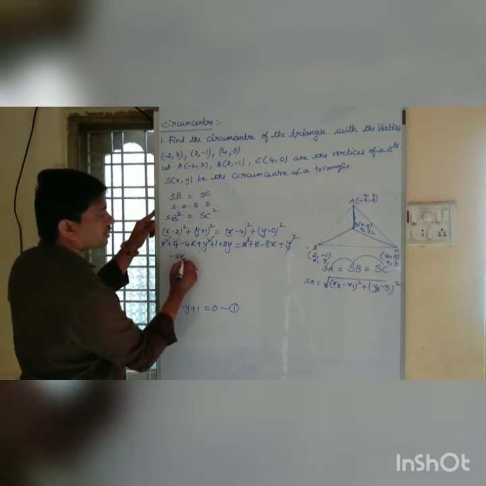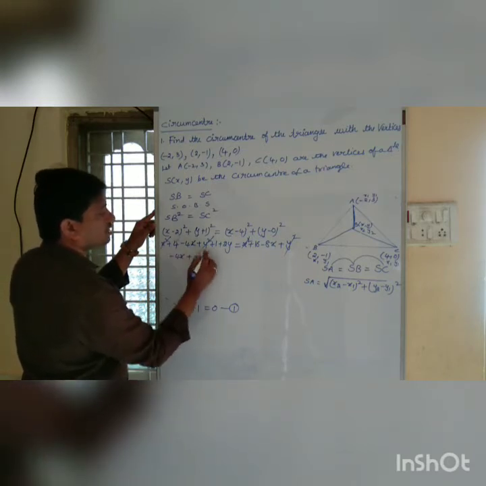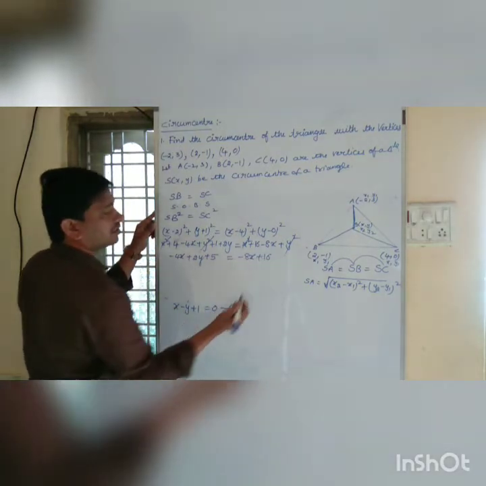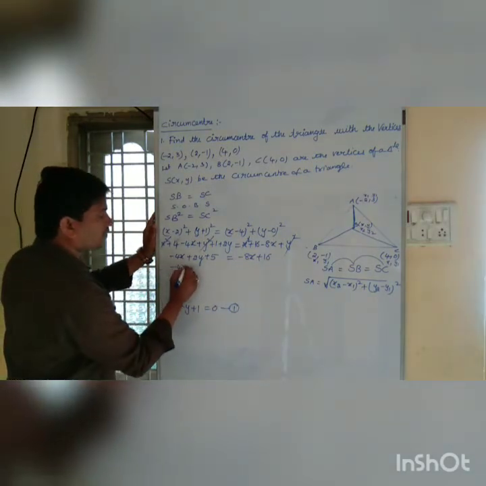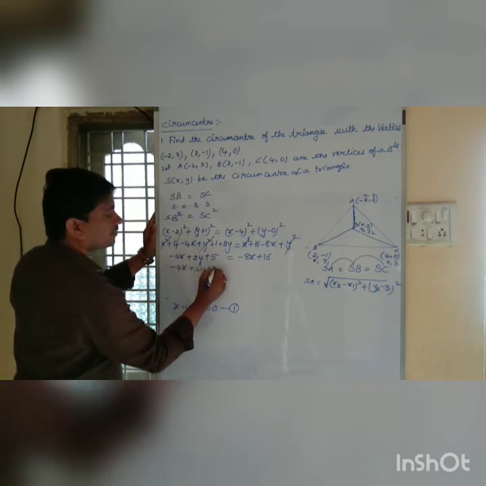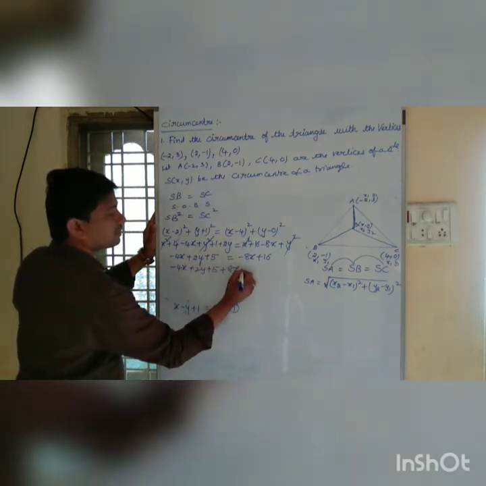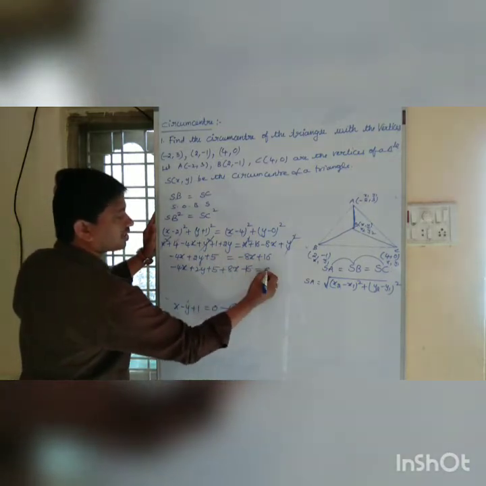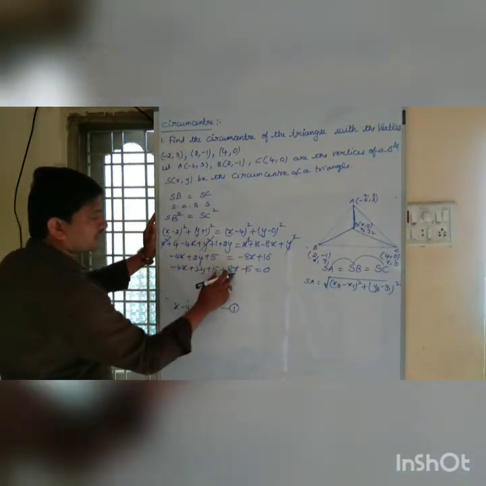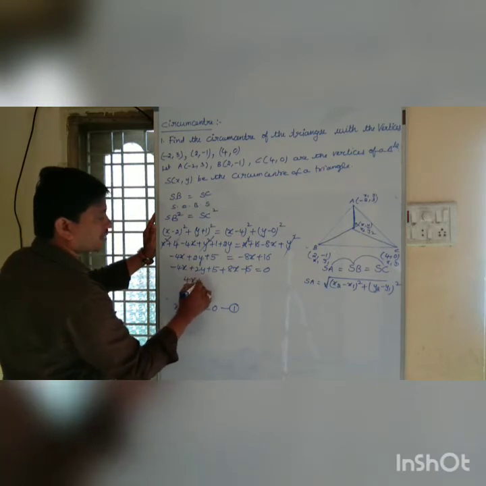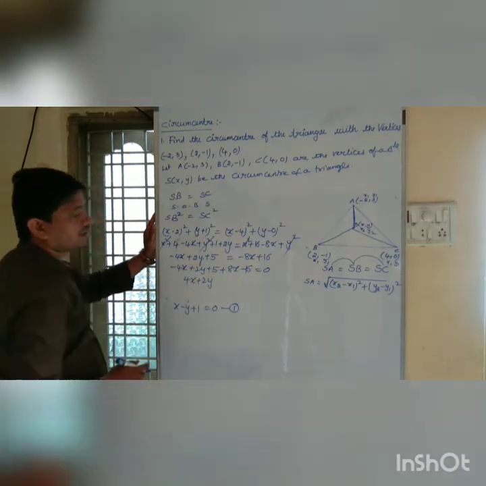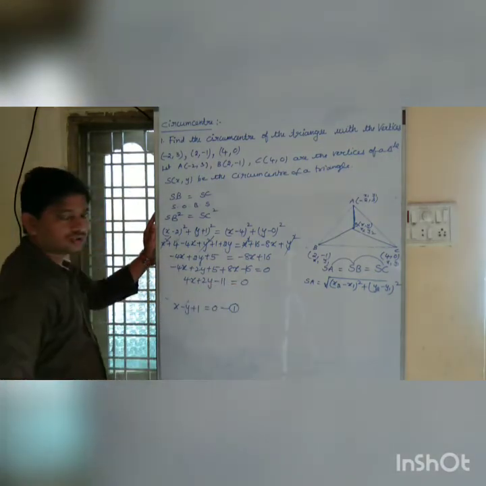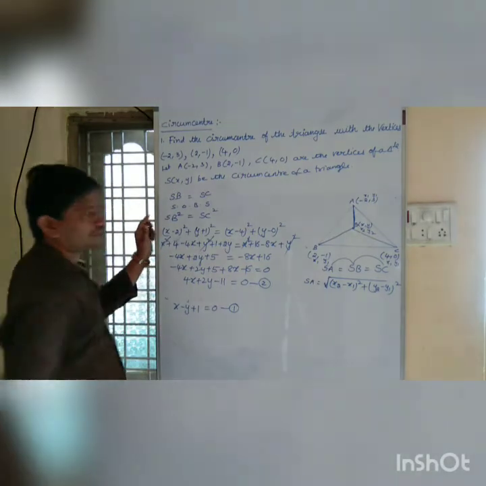So minus 4x plus 2y, 4 plus 1, that is 5, equal to minus 8x plus 16. Let us transpose. Minus 4x plus 2y plus 5, minus 8x comes to this side, means plus 8x, and minus 16 comes to this side, means plus 16 comes to this side, means minus 16. Minus 4x plus 8x, that is 4x plus 2y, 5 minus 16, that is minus 11 equal to 0. So this is our equation number 2.